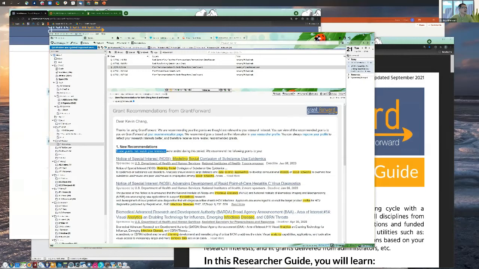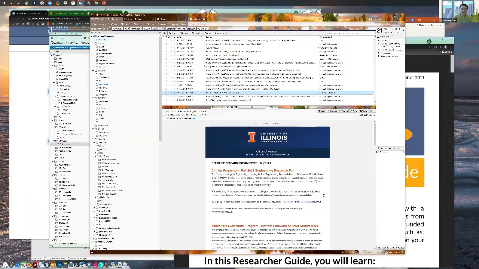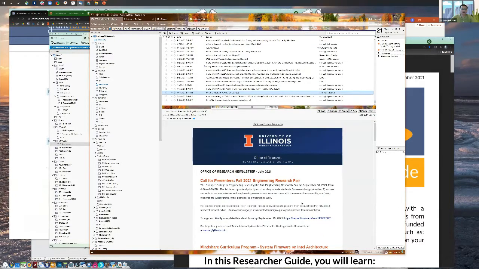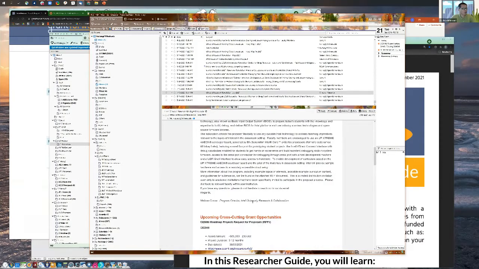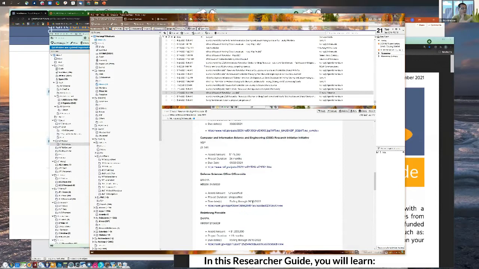You may have received that, and let me show you some examples. You may receive a newsletter from your sponsor program office, such as this example email from the Office of Research, College of Engineering at my university. It's a list of grants. GrantForward also supports this capability if you are a grant administrator like Casey. This is a very important capability. You can select grants and disseminate them to your faculty. Okay, we support that. However, this